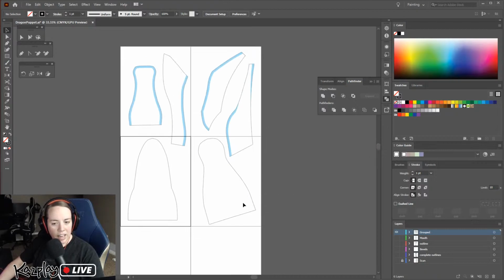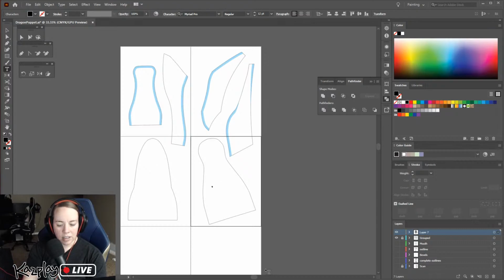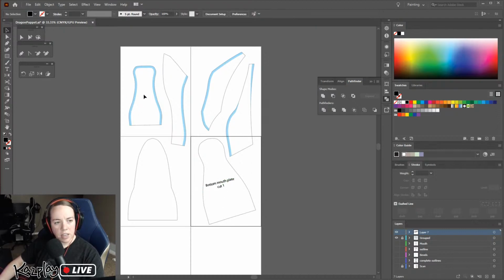And then with that done, you can go through with the text tool and label them, like this is the bottom mouth plate. The other information I like to put on here is like cut 1, since you'll only need to cut one of this piece, but these other 3 pieces you'll need to cut 2. So